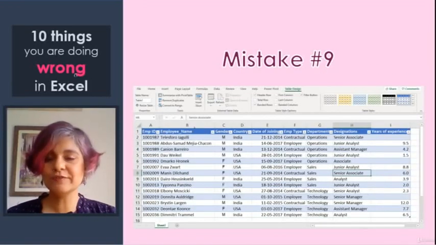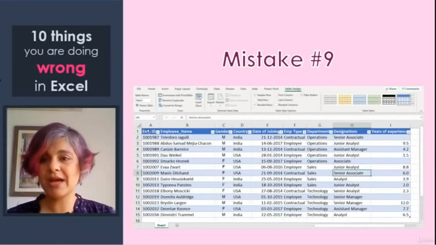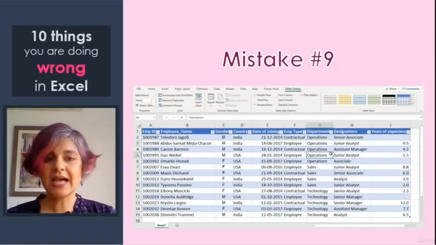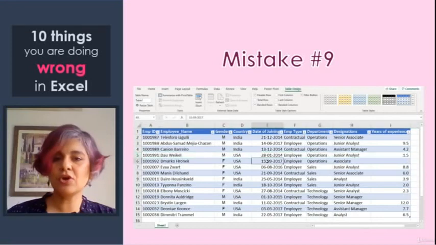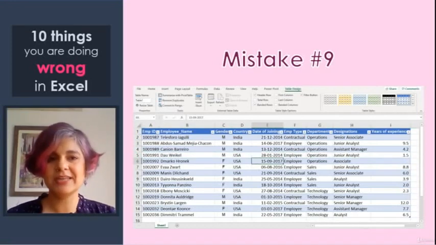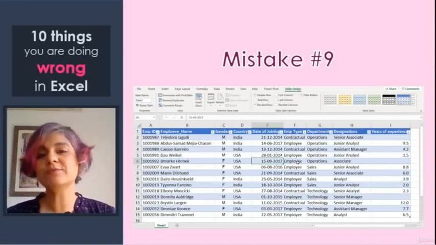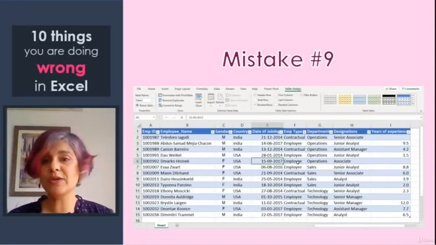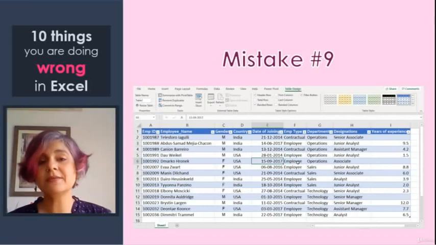I'm able to, just by looking at it, differentiate where my headers are. And I'm also able to quickly read through long rows of data because alternate rows have been colored differently. And there are so many formats which are available to you over here. Because this is just a course where we are talking about these mistakes, I'll not really go into all the benefits of working with tables, but suffice to say that data formatted as a table just makes it much, much easier for you to perform operations.